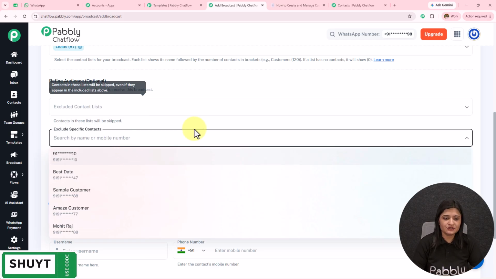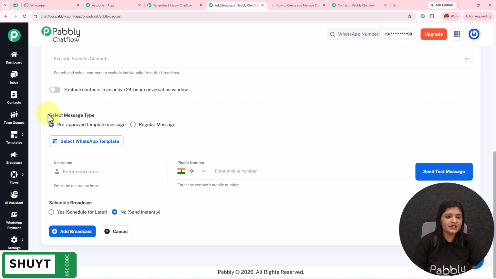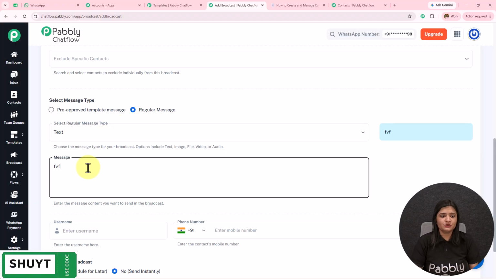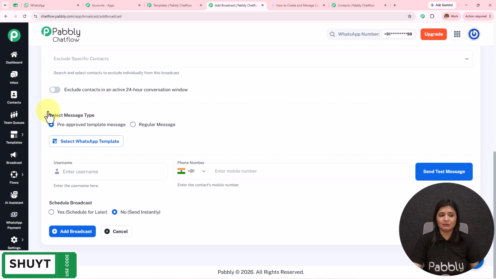You can select the list, you can select the contact. Then we have this select message type. Is it a pre-approved template message or is it a regular message? If you want a regular message, you can directly send it. You can create the message from here and you can send it. But if it is a pre-approved template, like I've showed you, you have to create a template first, and from